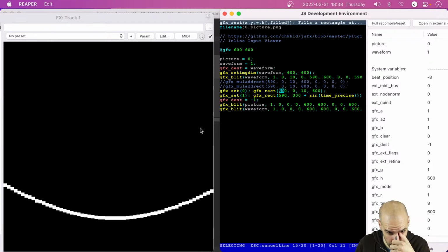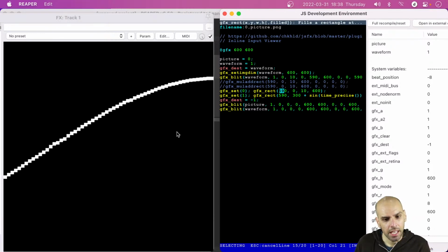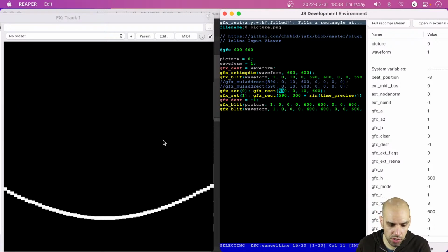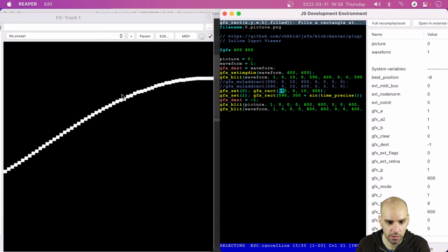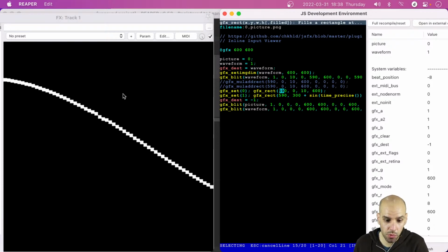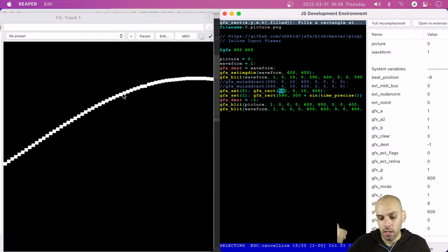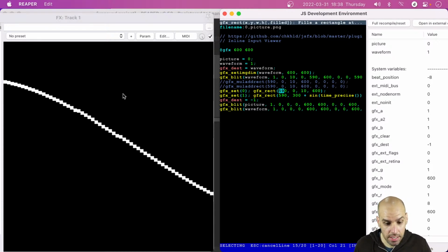So over time, you can see that the waveform is moving to the left. And what is surprising when I finally got this to work is that it's actually not blurring. When I first tried this experiment with some code that unfortunately I threw away, I really wanted to see the code now. In the first attempt I had at this,